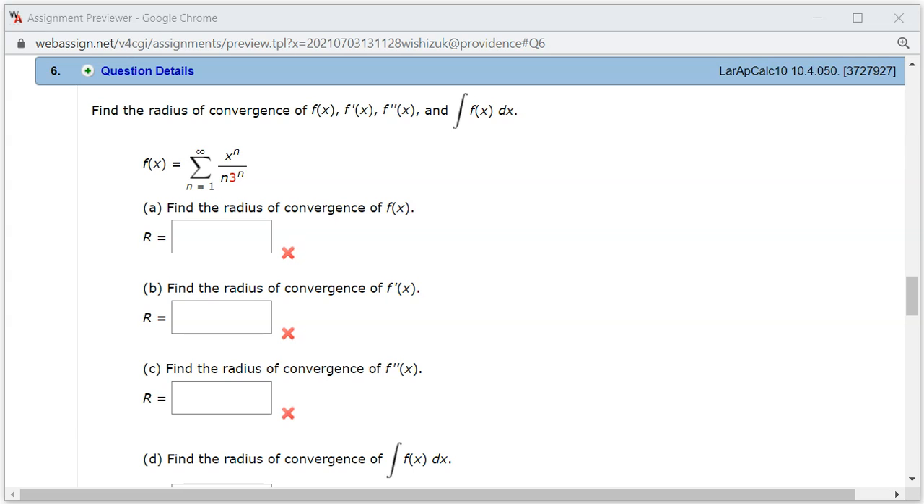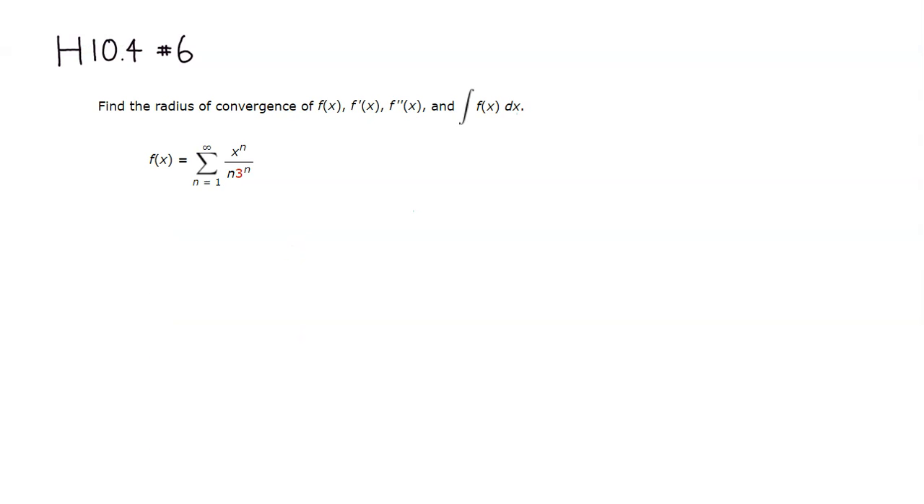All right, let's look at homework 10.4, problem number 6. So let's find the radius of convergence of this function here. So radius of convergence, so ratio test, you have a limit as n approaches infinity, absolute value of,